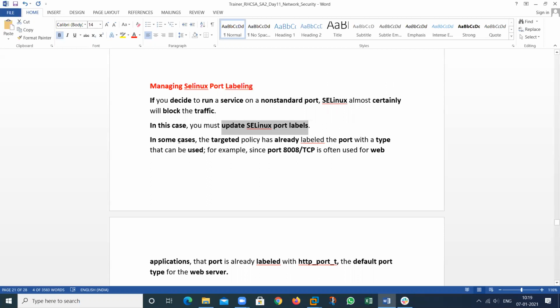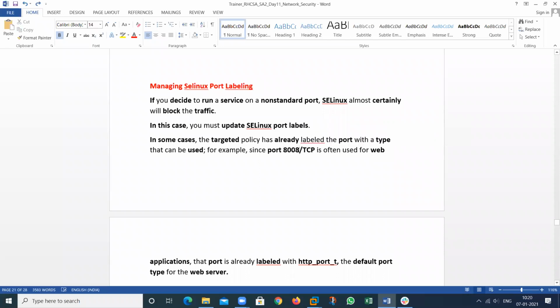In some cases, the targeted policy has already labeled the port with a type that can be used. For example, suppose I want to use a web service, this port is by default allowed in SELinux. But if I want to change this, then we have to enable this in SELinux.